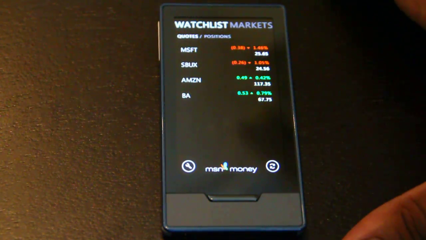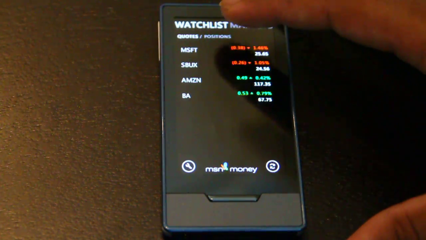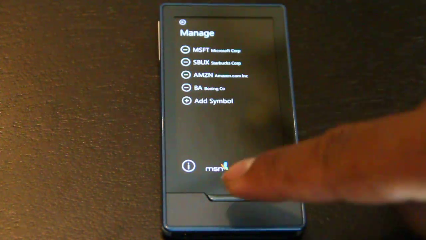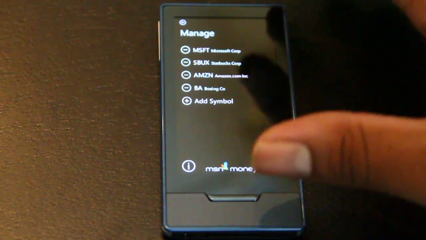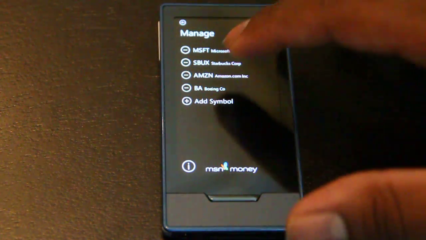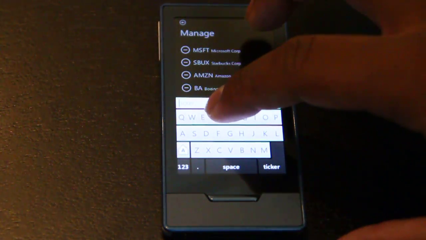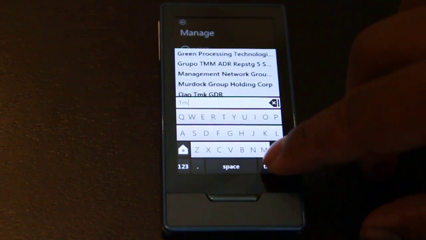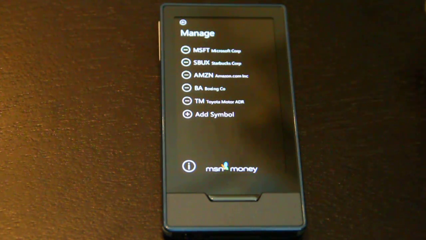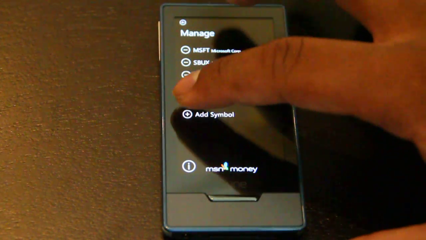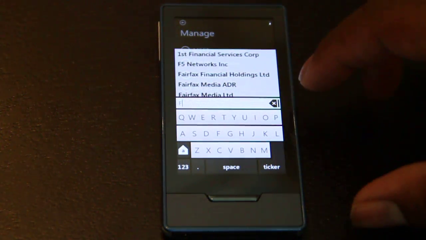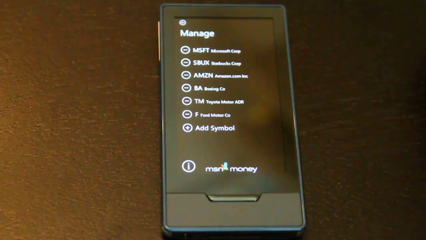So these are the preloaded stocks that come with the app, and that is Microsoft, Starbucks, Amazon, and Boeing, all Seattle area companies. Now, if I hit the little wrench in the lower left-hand corner, I have the option to manage stocks. So if I want to, I can add a few stocks of my own. So I know that Toyota is TM, so I can just hit TM and enter, and it recognizes it automatically as the Toyota Motor Company. I can also add one more, Ford, if I want to, which is just F, and it recognizes Ford Motor